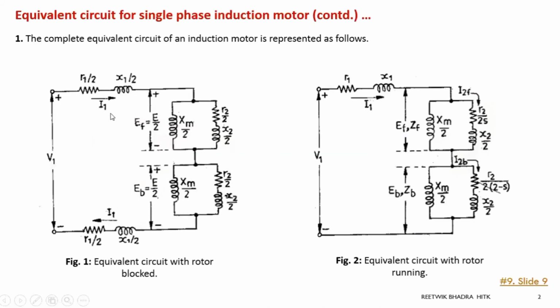So how will you calculate your stator current? First thing, what is my stator current? This is I1. So just think it is a normal circuit. If I find the total impedance of the circuit and divide V1 by that total impedance, that is V1 by Z equivalent, then I can get my I1. So how can I get my Z equivalent? Can I do ZF plus ZB plus R1 plus jX1? So that's where I can get my equivalent impedance. So first we'll find ZF, then ZB, then add those two along with R1 and jX1. So we'll get our Z equivalent. So this should be our procedure.